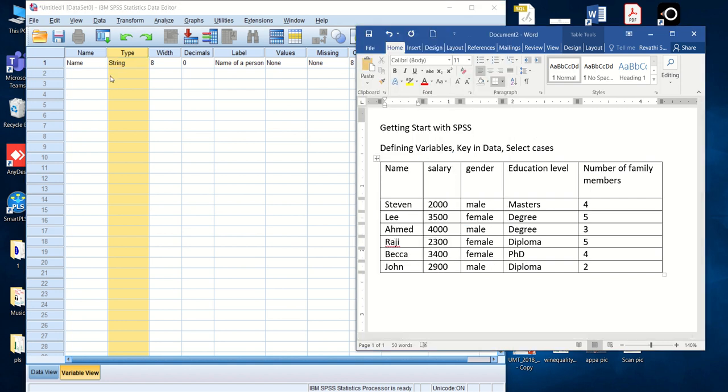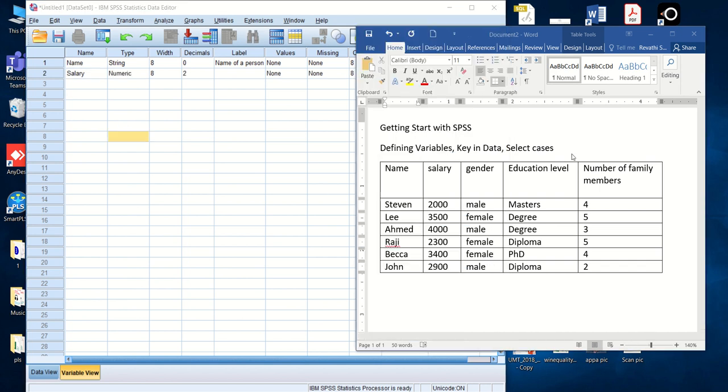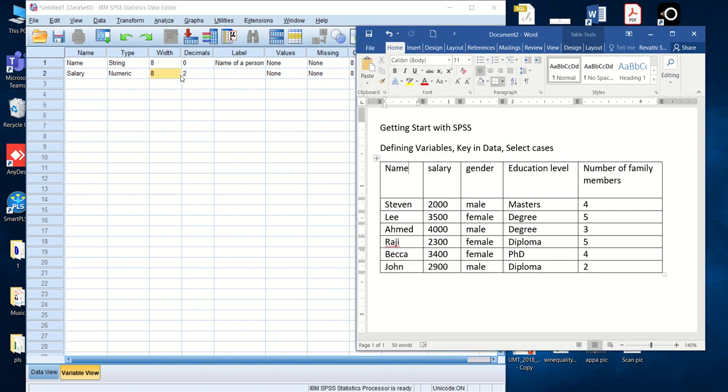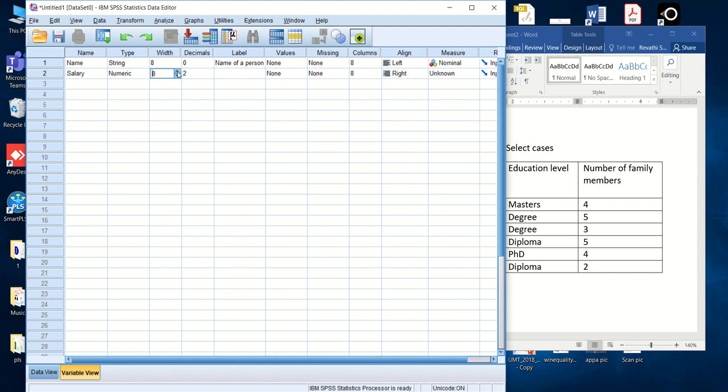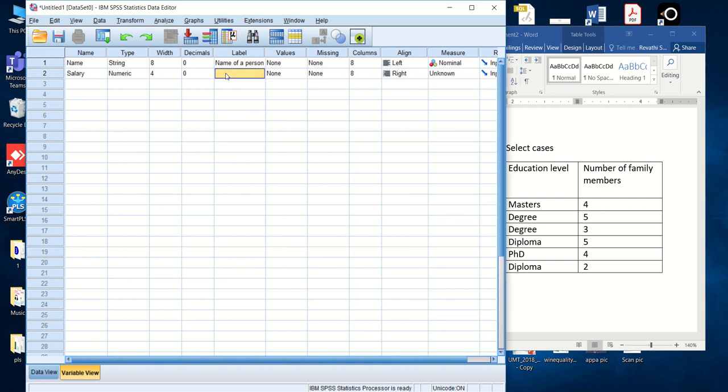Let's say the second variable is salary. And I know salary is in the numeric case over here. So I'm going to leave it as numeric here. And the width, I don't want 8 because all the numbers maximum have 4 digits. So I'm just going to leave it as 4. This is not necessarily need to be changed, but it's up to you. And I don't want any decimals because everyone is having a salary without any decimals over here. So for a longer name, I'm just going to give it as salary